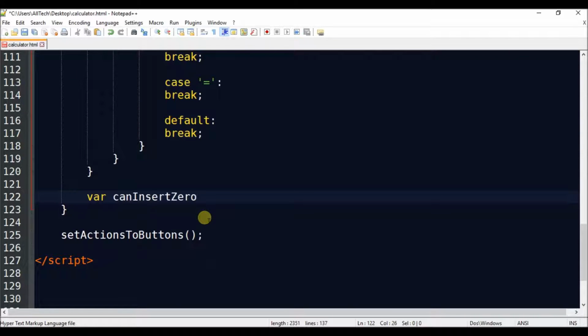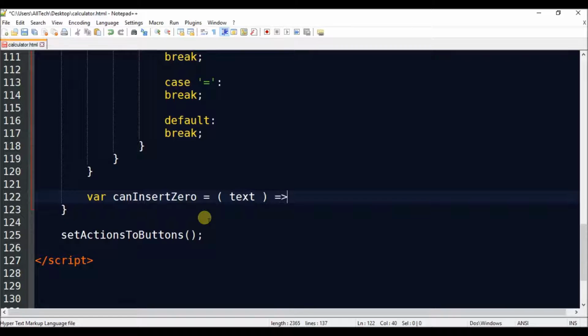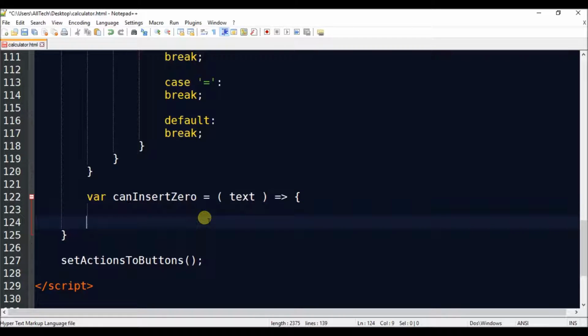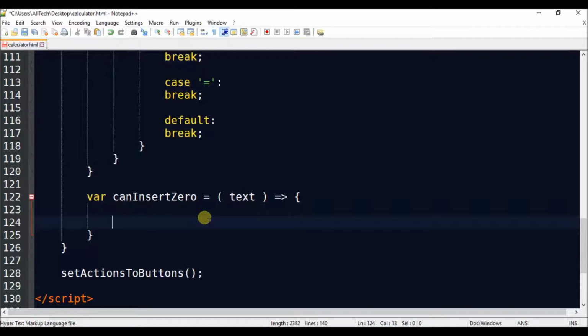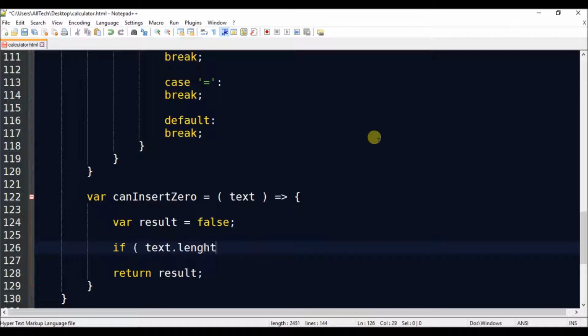Var canInsertZero and this function will receive the text, and by default the result is false. Return result, and if text.length is greater than 0,